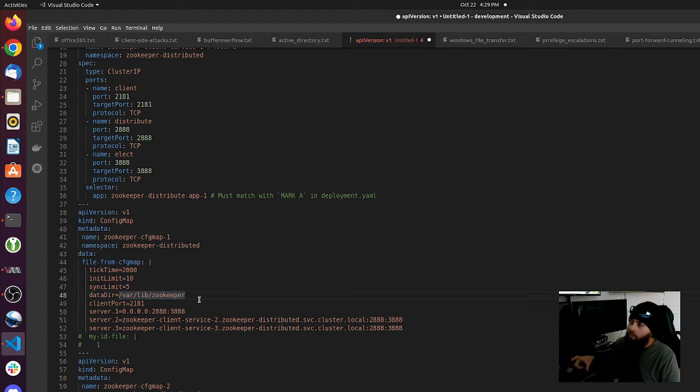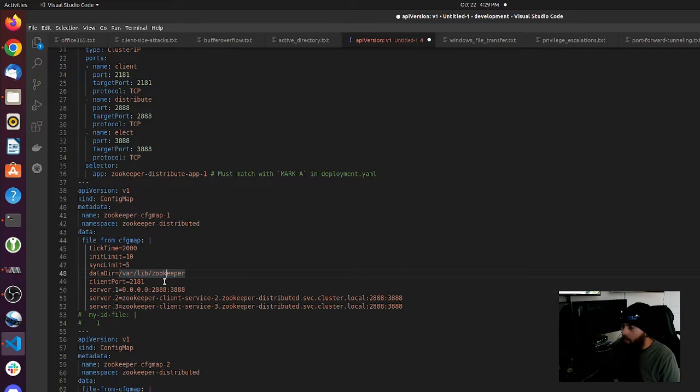The reason why I did that is because I want to save my data. Let's say I shut off my VMs, whatever. We need to make sure that the data is going to exist or persist. So for right now, all you care about in the Kubernetes pod or container, this is where data is being